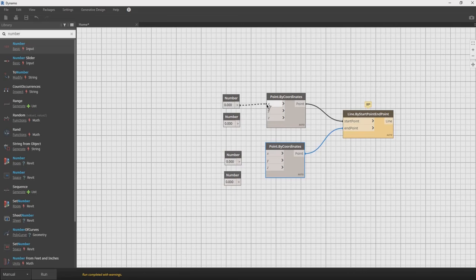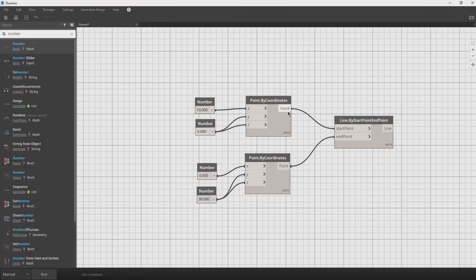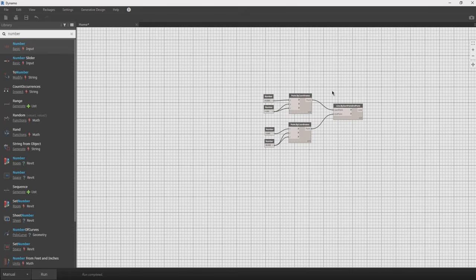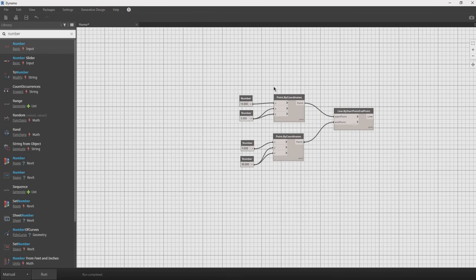Then connect them to the X and use the second node for Y and Z. The same here as well. And then change the numbers. And then click run. If you cannot see the line in the view here, you can just check it in